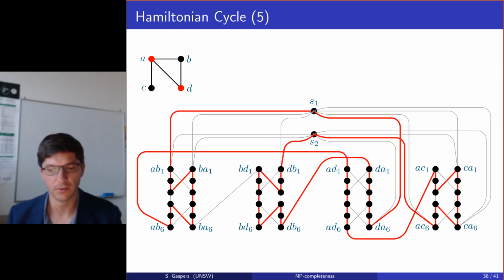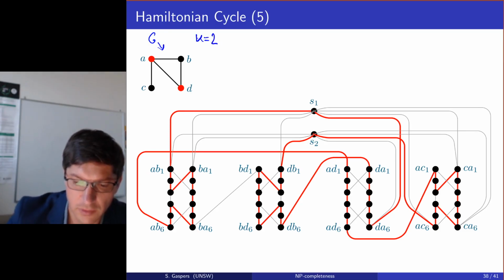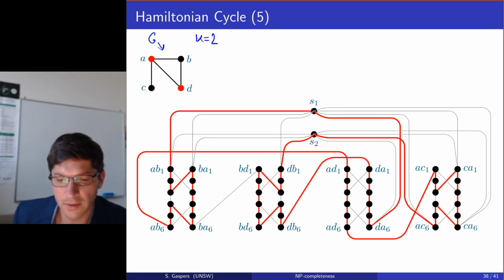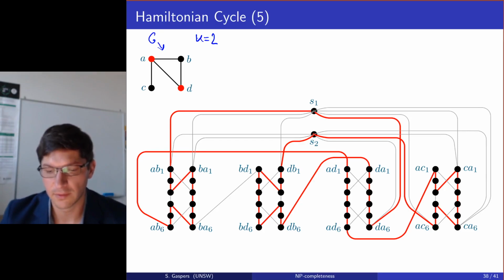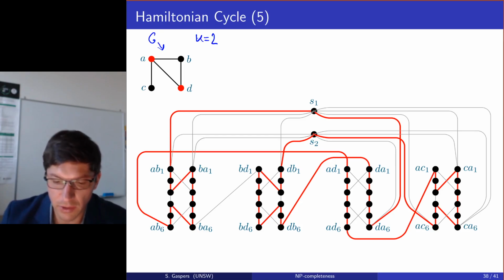So let me illustrate how this would look for a concrete instance. On top here we have the graph G, and k equals, let's say, 2. We have a yes instance because adding A and D to the vertex cover gives us a valid vertex cover. Now on the bottom here we have the transformed instance, the instance for Hamiltonian cycle. We have the two selector vertices here because k equals 2. And now we put them together in such a way that